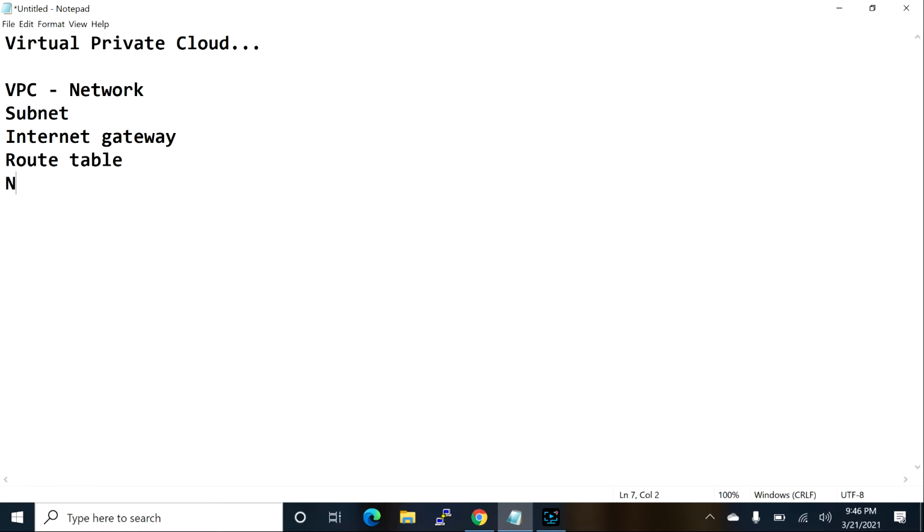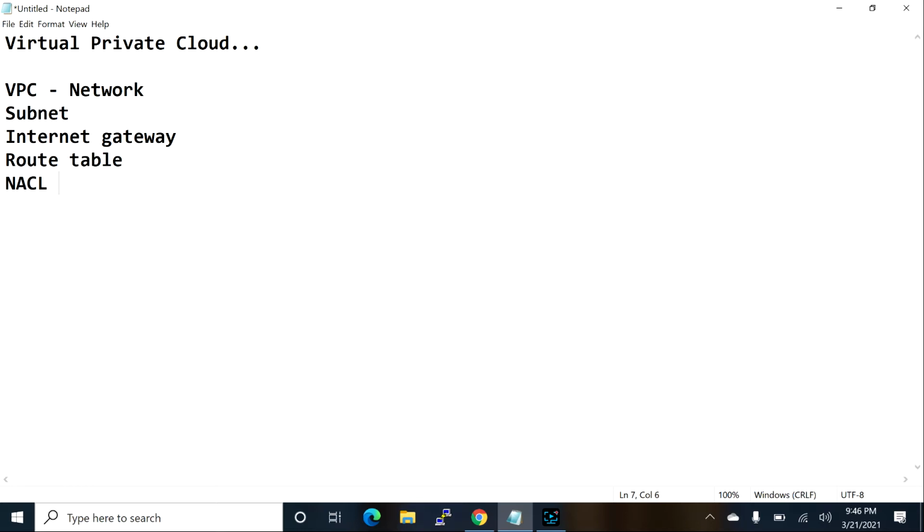The NACL defines who is allowed inside as well as which port. The route table will not define port level; it just defines whether we are allowing traffic through the internet gateway, or the VPN, or Direct Connect, whatever.